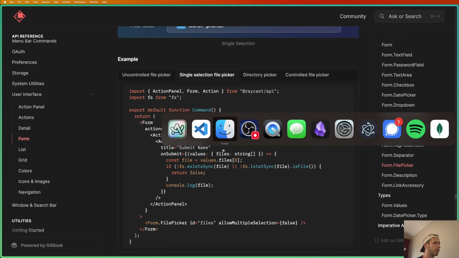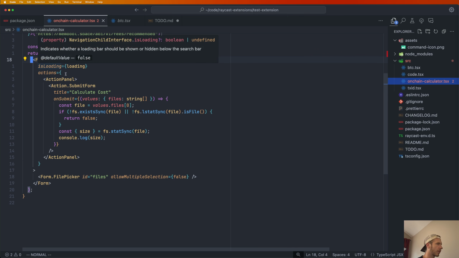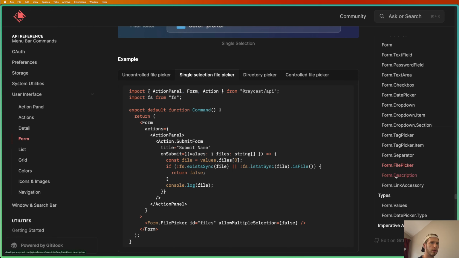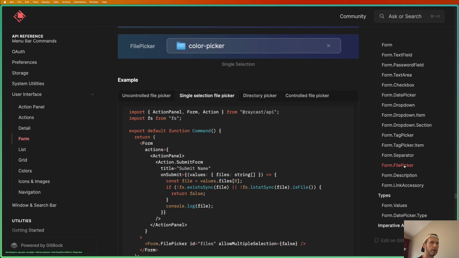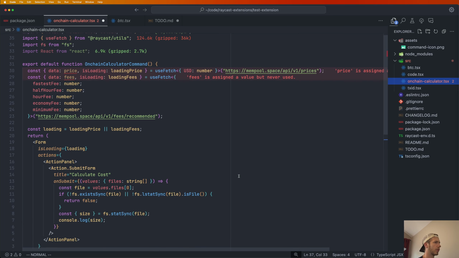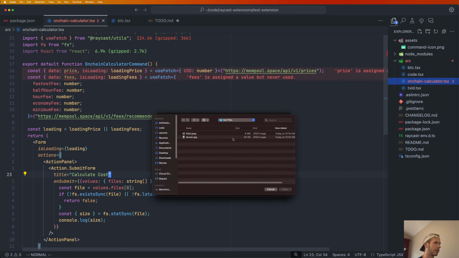All right, so let's see here. Form.filePicker. So the form is this top level component. This is the submit form. Form.filePicker. Now, I don't think we can just put a details in there, right? I don't think we can do a detail here. I don't think that'll work. We can try it. Let's try it. Yeah, let's see, that should have displayed already right there, but